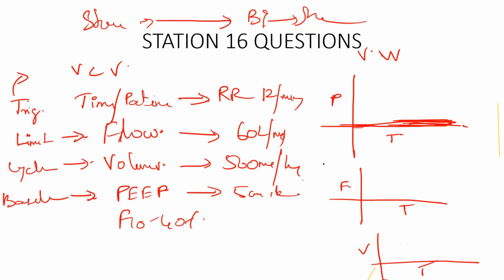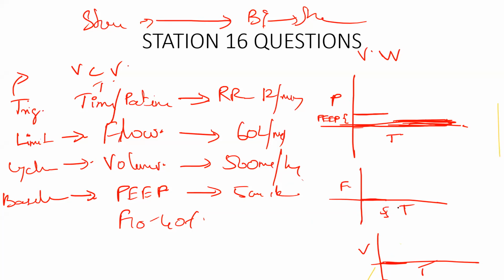Yes, sir. Okay. So now let's assume that you set a PEEP of 5. The ventilator is going to start working from here. So this point is going to be the PEEP. Right. Okay. Now what is the trigger? It is going to be the time. You set 12 breaths per minute, which means every 5 seconds, the ventilator has to blow air into the body. Now the flow is 0. There is no flow and the volume is 0 inside the lung. The ventilator will assume that the air inside the lung is 0 because it doesn't calculate the FRC and leaves out those things. So for the initial 5 seconds, PEEP is 5, flow is 0, volume is 0.